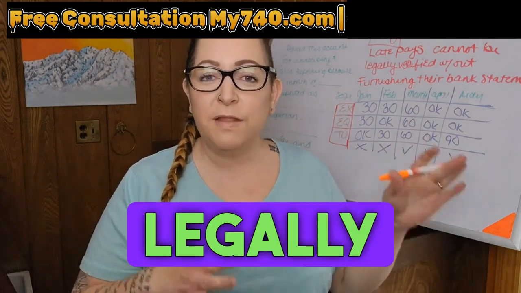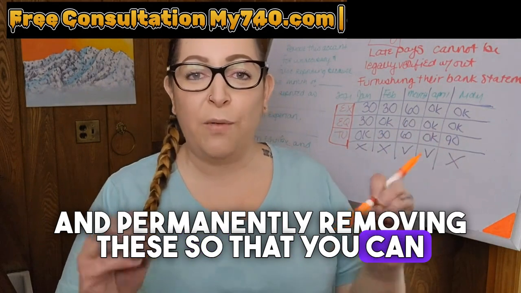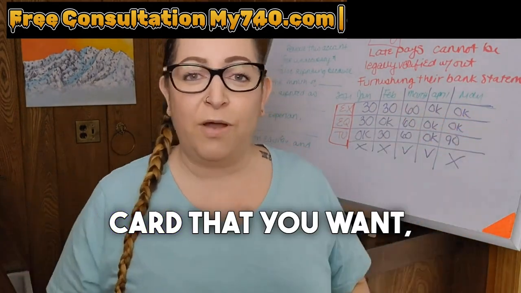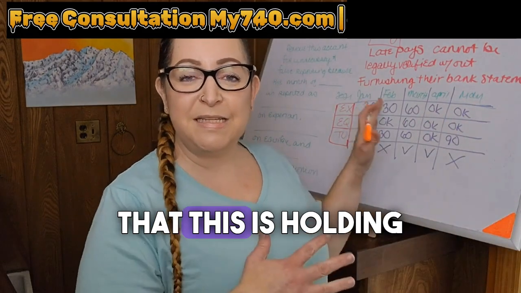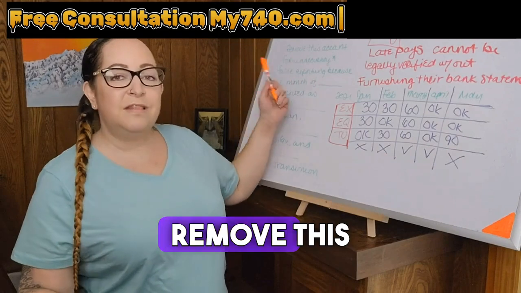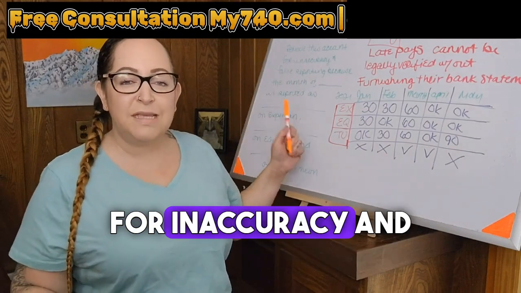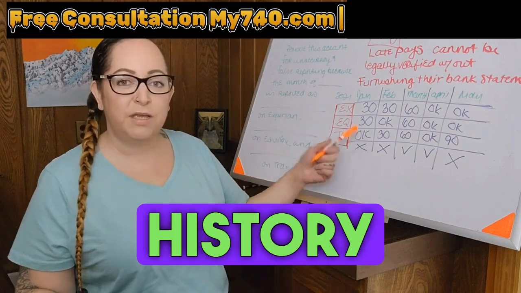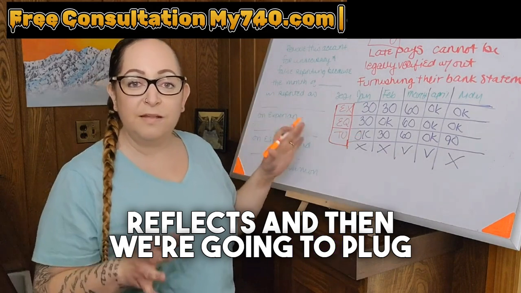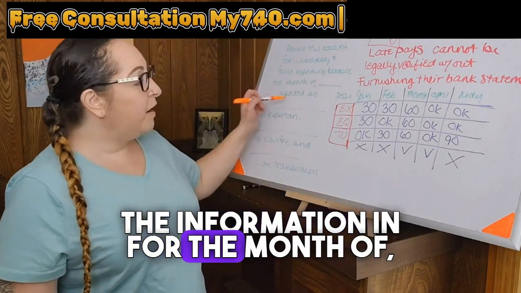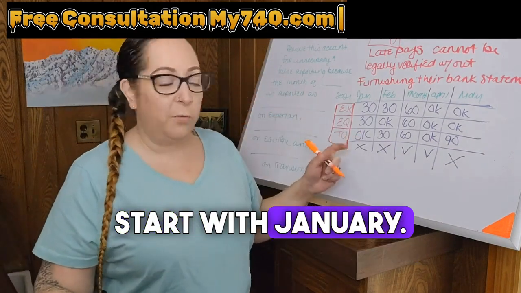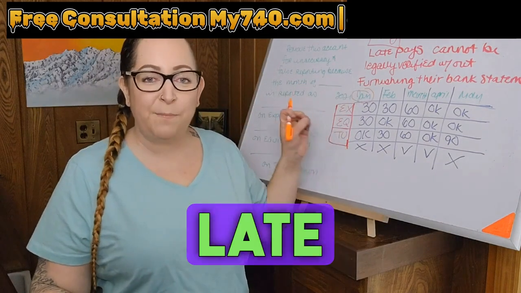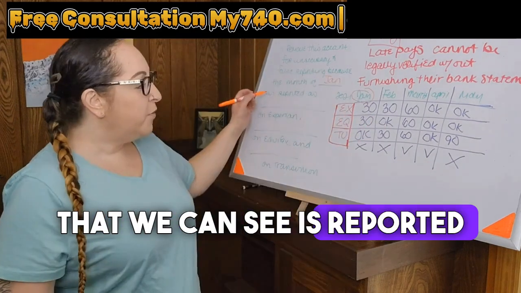This is about legally and permanently removing these so that you can go out, increase that credit score, and get the mortgage that you want, get the credit card that you want, do all these things that this is holding you back from. Remove this account for inaccuracy and false reporting, because the payment history reflects, and then we're going to plug the information in for the month of, start with January. We are starting with January because it is the oldest late payment that we can see is reported as,